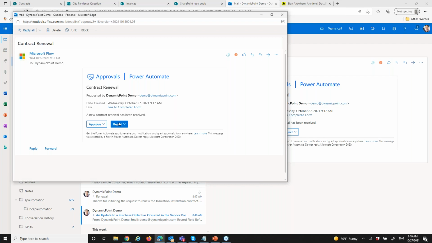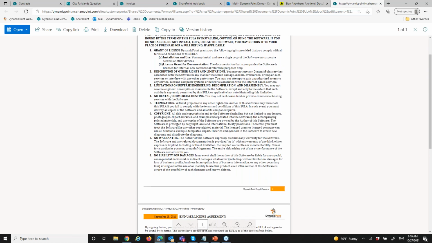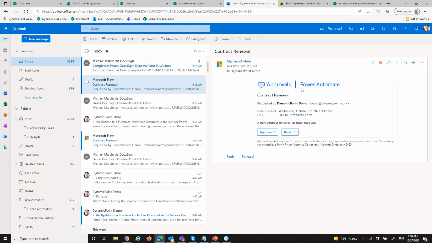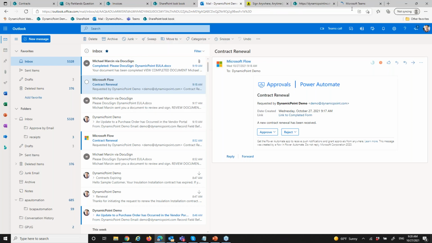So they could obviously approve or reject it, but then they could also link directly to that contract so they could review everything and make sure all the details that was completed by the vendor looks good. And this notification, by the way, or this approval action is being generated by, you can see here, Microsoft Flow, otherwise known as Power Automate. And another really nice thing about these approval actions is, of course, I could approve or reject